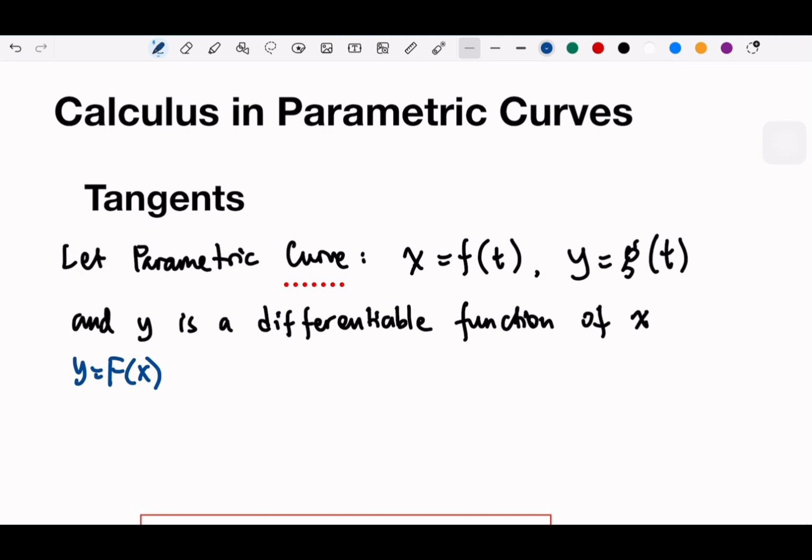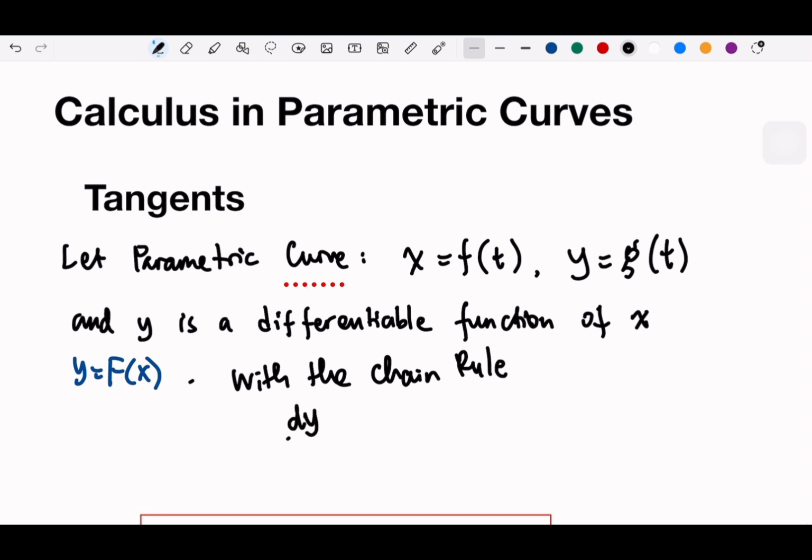Now, if you remember how we connect everything with the chain rule, let me write with a different color. If we start to write dy/dt is